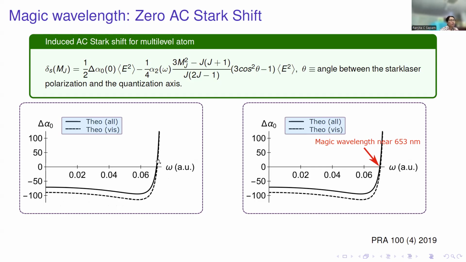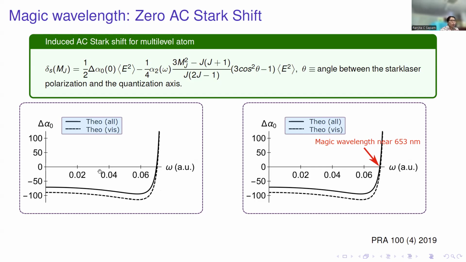What is this zero crossing? It is where the Stark shift goes to zero at that particular wavelength. So if I shine my light at this wavelength, my atomic clock frequency will not change at all. These are the wavelengths where people trap their atoms in the optical lattice, because the Stark shift induced by the optical lattice is zero, so they can manipulate the properties without worrying about the systematic effect. Let's say it's an error. They don't need to worry about the error.